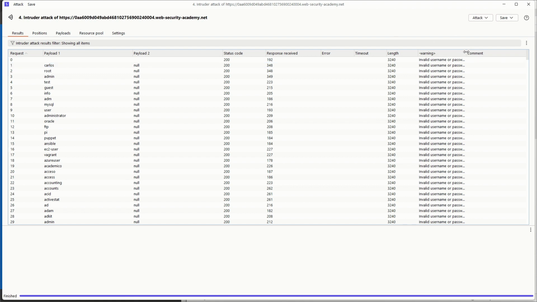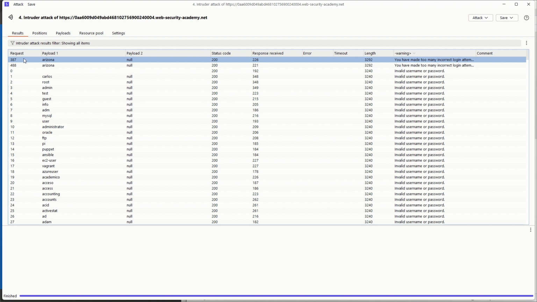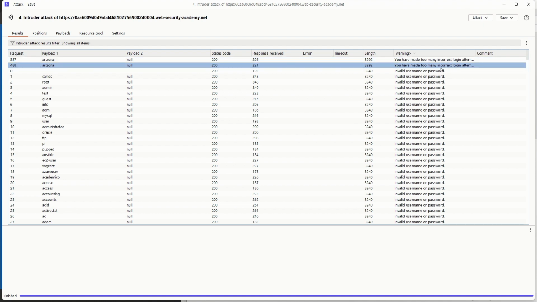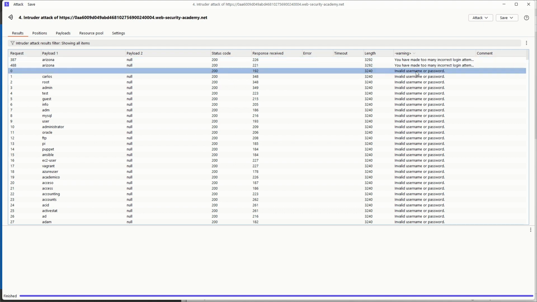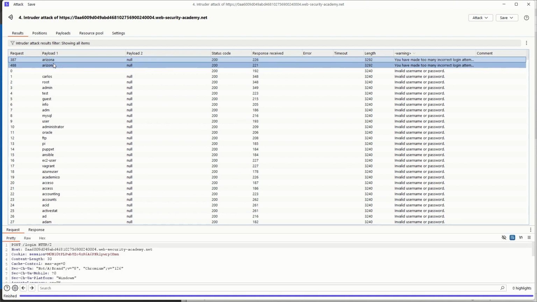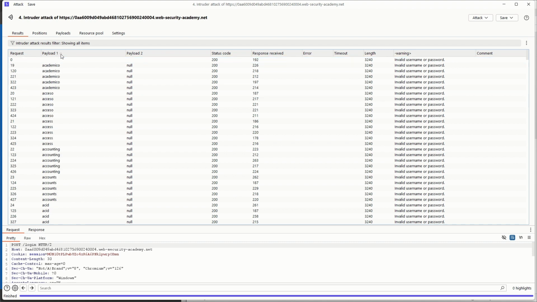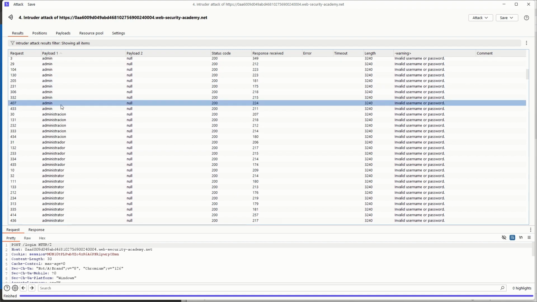Now our attack is over, and let me filter it with the warnings. If you can see, only for request numbers 387 and 488 we have received a different warning message, too many login attempts, and the payload is Arizona. So this is our username. Now let us see how it's working. If you filter by the payload and go to Arizona,